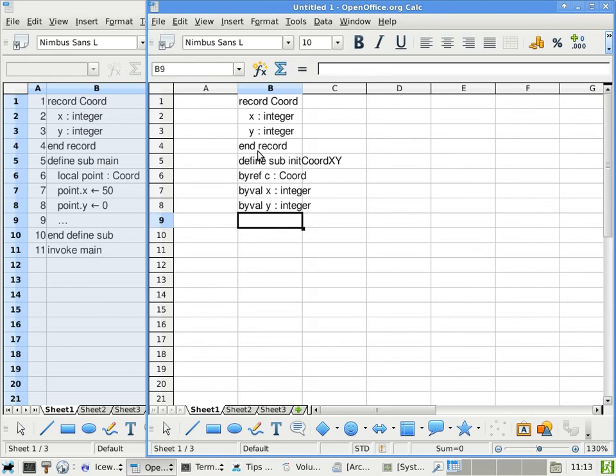Is there a problem here? Can I use the name x and y again? Is there any chance of confusing the parameter x with the component x? Nope. There's no chance these two can be confused, and that's why you can use exactly the same name. The subroutine doesn't do anything really that useful. All it does is to say the x component of parameter c will get the value of parameter x. The y component of parameter c will get the value of parameter y. And define sub. That's all it's going to do. It's a whole bunch of stuff that doesn't seem to do